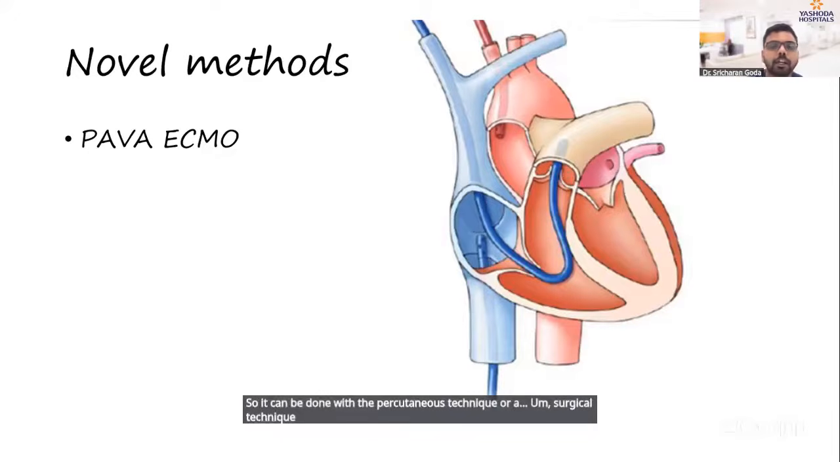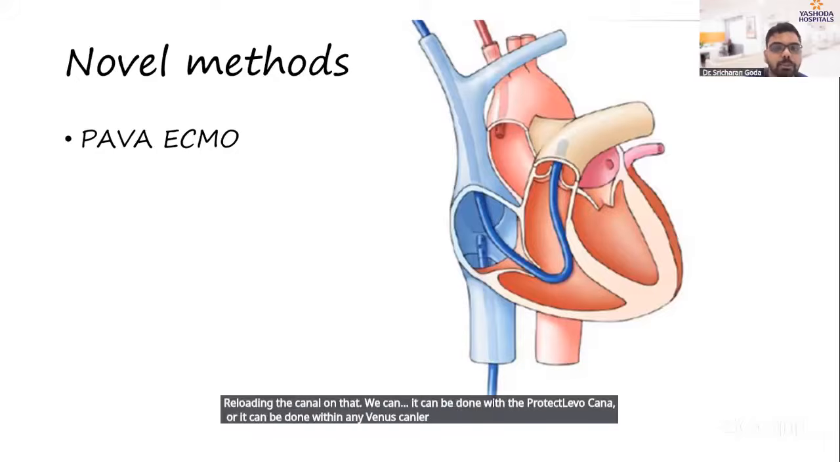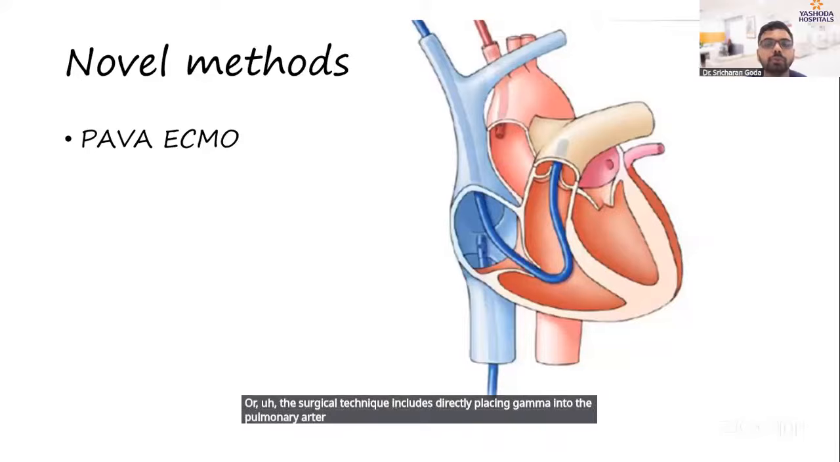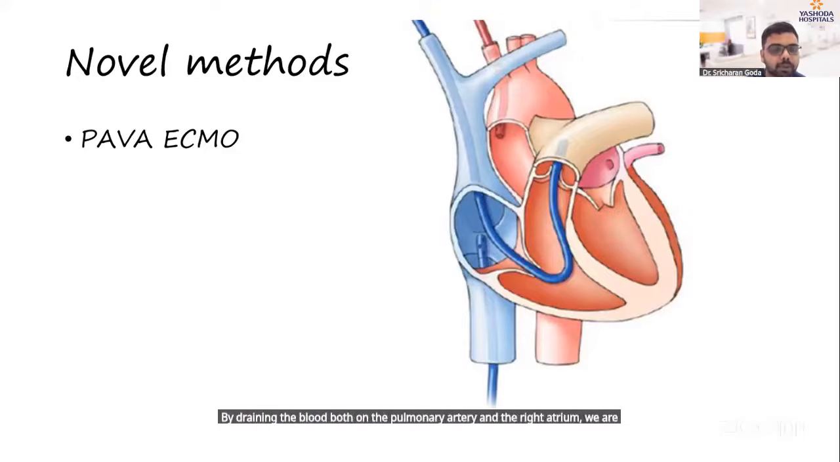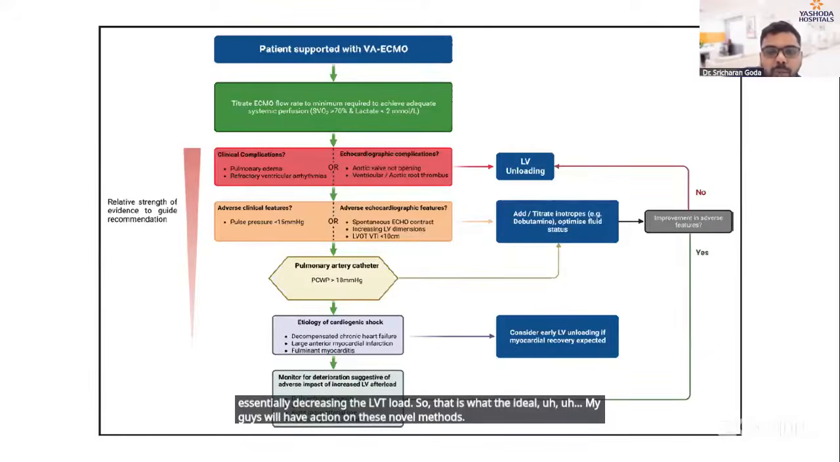The percutaneous technique includes putting a PA catheter, placing a guide wire through the PA catheter, and reloading the cannula on that. It can be done with the protective cannula, or with any venous cannula, but it has to be placed in the PA adequately, and it is draining the blood from the PA. The surgical technique includes directly placing a cannula into the pulmonary artery. So by draining the blood both from the pulmonary artery and the right atrium, we are essentially decreasing the LV preload. So that is the ideal mechanism of action of these novel methods. So, to summarize,